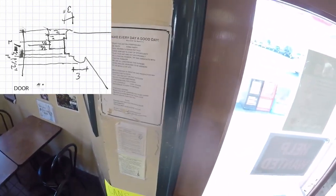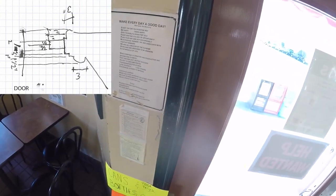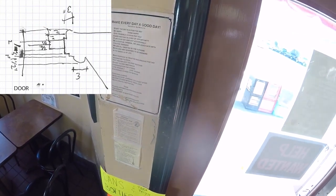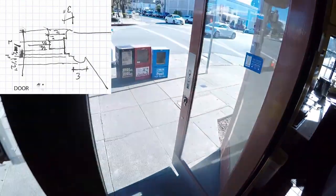And then my frame comes inside, out a little bit, out like that. And then it's a little bit rounded, and then there's the interior. So that is my detail that I'm working on right here. So let's go back around to the front